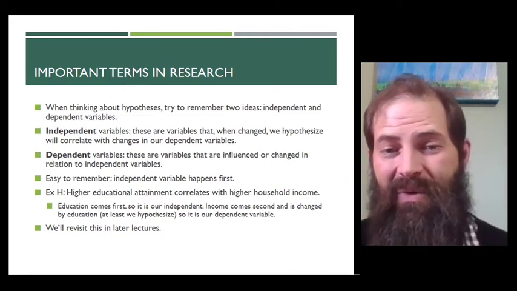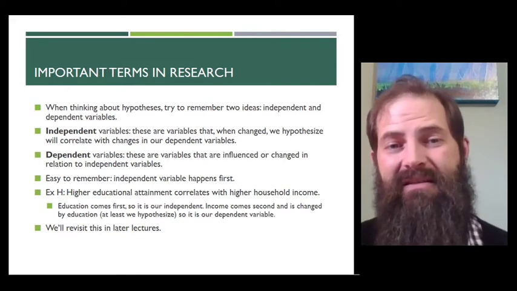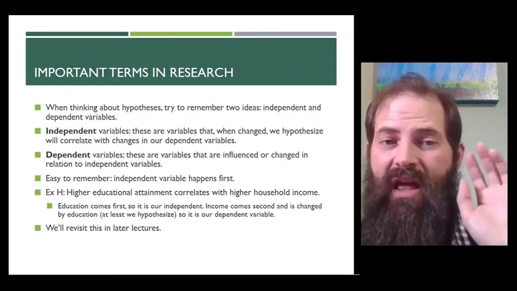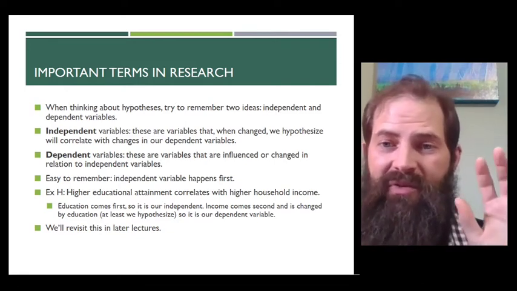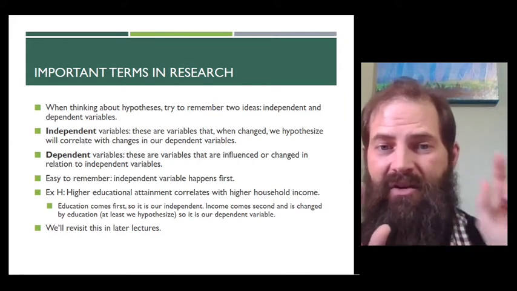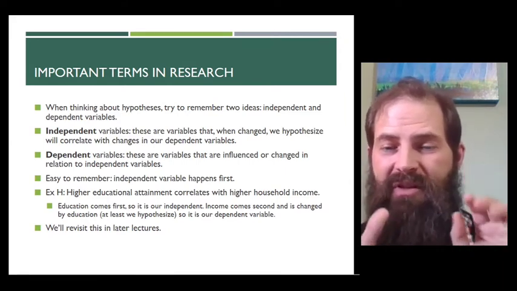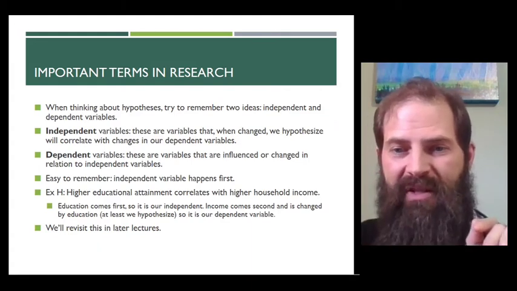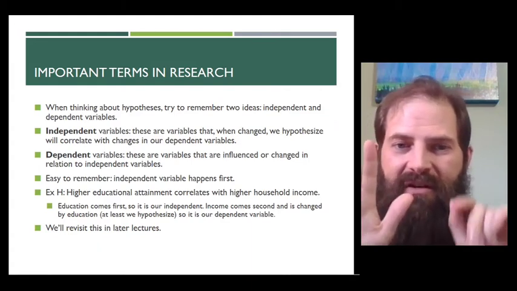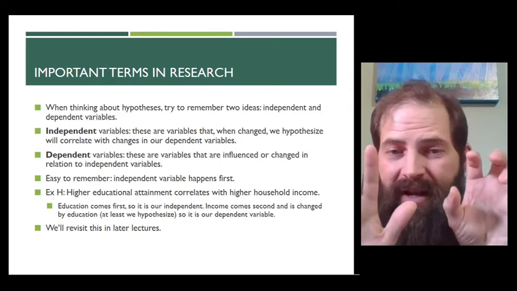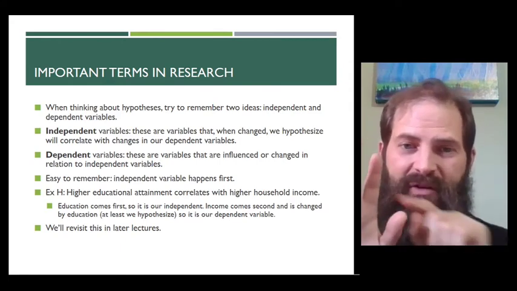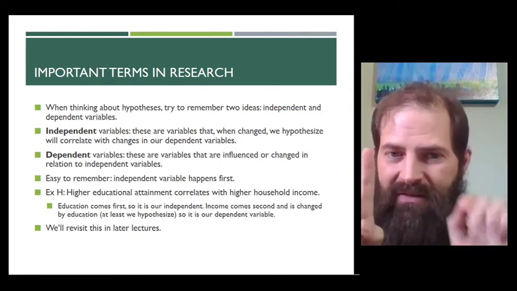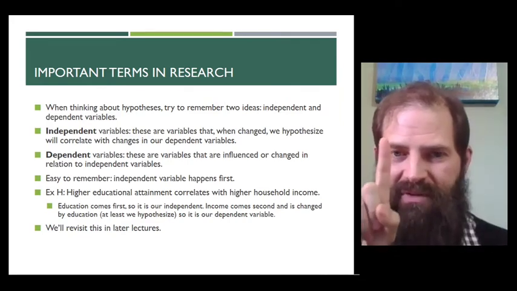Now, one thing I will say is that when you get more advanced in statistical analysis, you can have multiple independent variables in your hypotheses, and they can all shape this one. But there's always going to be just this one dependent variable over here. You're not going to have multiple dependent variables. It's always just one of these. So we can have 5 different variables in a hypothesis influence this dependent variable, but there's always going to be one of this. You can have 5 of these if you want, but you're always going to have one.